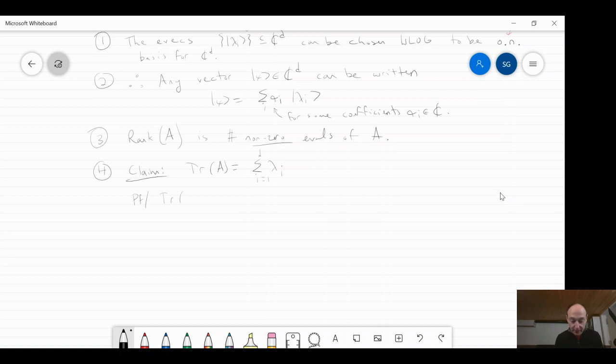So the trace of A, what is it equal to? Well, here is an example where you want to use the spectral decomposition. Remember, when you're doing a proof, first thing that you should try, at least ask yourself if it might help, is the spectral decomposition. So it's the trace of the sum over I of lambda I, the spectral decomp of A, right? And now the trace is linear again, so that means I can move the sum out, and I could also move the scalars lambda I, the eigenvalues, out, and instead do this.